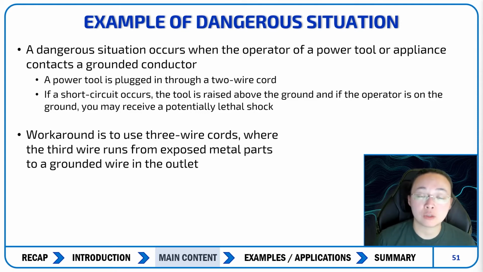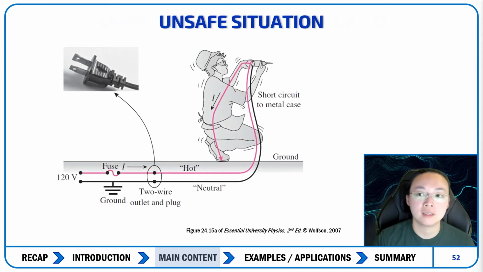I'm going to be the grounded component that's lower, and therefore the current is going to travel through the tool to me and straight through to the ground. So that's going to deliver a large current through my body and potentially kill me. So the workaround is to use 3-wire cords, where the 3rd wire is going to run from the exposed metal parts to a grounded wire in the outlet. So that's why there are 2-pronged and 3-pronged